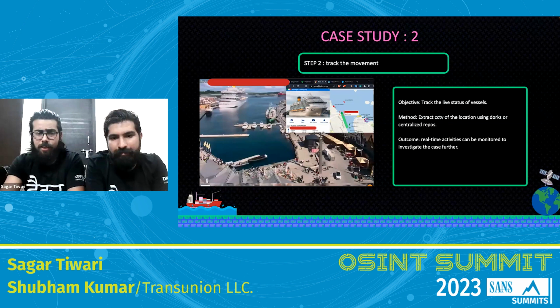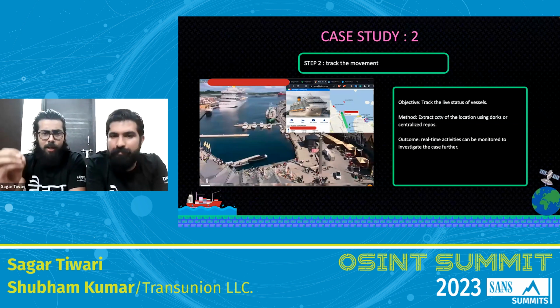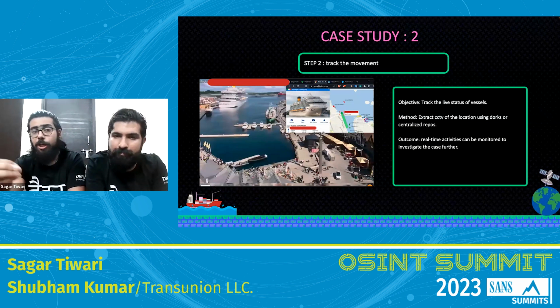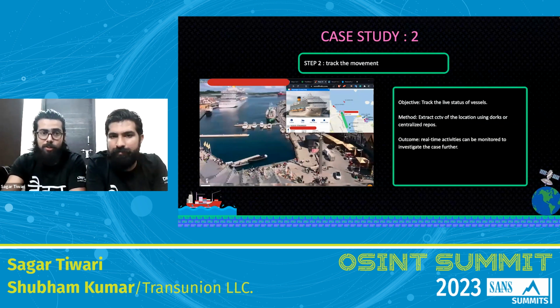For instance, imagine you are an OSINT analyst or OSINT investigator. You have been tasked to track and visually confirm the location of a ship. A sailing boat is coming to a dock area and it has shown some anonymous behavior. It is suspected that it is carrying and transporting some illicit materials, like drug smuggling. Now, in order to track it, we have already described the steps in case study 1. So using that information, one can track it down.